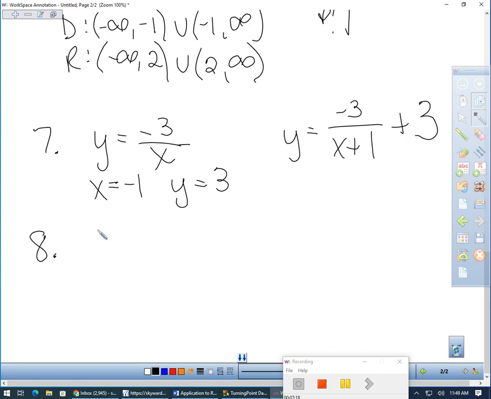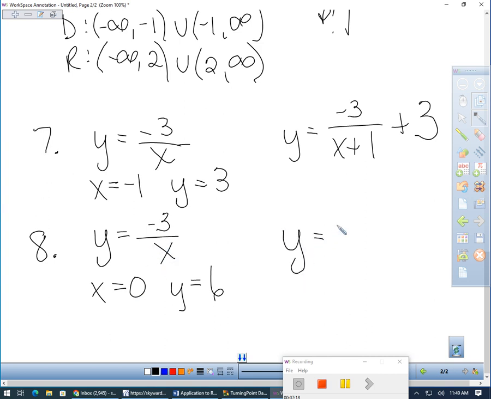For number 8, if we have y equals negative 3 over x, again we have x equals 0 and y equals 6. That means I have a vertical asymptote at 0. Does that move this right or left? It does not. So I have y equals negative 3 over x. But this moves it up 6. So I have plus